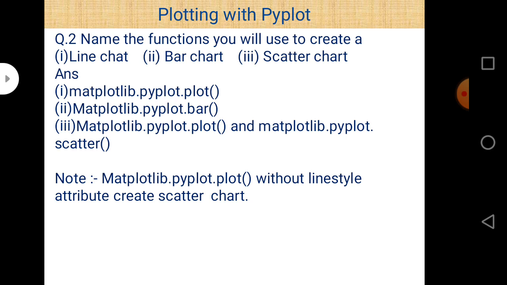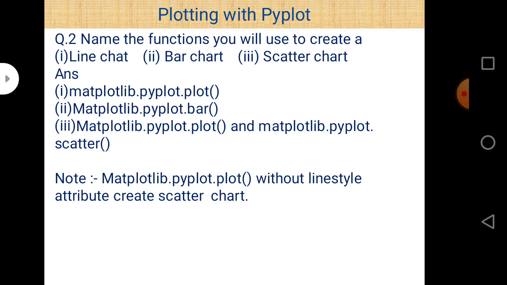Now if you want to use these functions, first of all we have to import the Matplotlib library. So the syntax is matplotlib, it is a library, then dot, then pyplot. PyPlot is an interface, because the plot function, bar function, and scatter function are different functions that are part of that PyPlot.